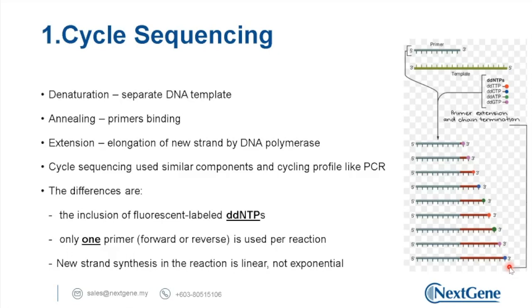So after the cycle sequencing, we actually have fragments with different sizes, and each ddNTP has a different color. So this one is a ddTTP, this one is a ddCTP. So there will be a mixture of all the fragments with different sizes and with different dye labeling. Of course, because it's in a mixture, we are unable to know which one comes first. So therefore we load this